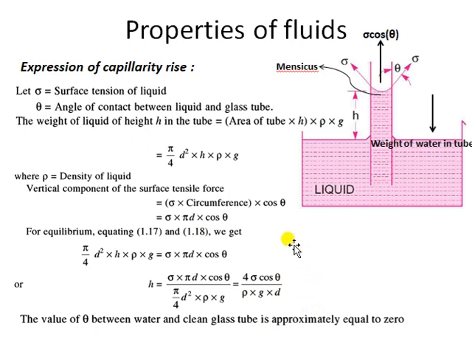But in case of capillarity fall, as I have told you in the previous slide also, it is basically observed with mercury. So whenever we have a case of mercury, the value of theta will be 130 degrees. You need to remember this also: for water theta is 0 and for mercury theta is 130. So just two values we need to remember.